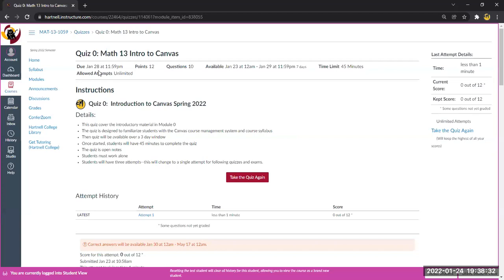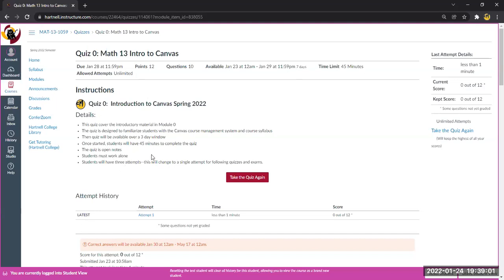It is due January 28th, and it is available starting the 23rd. That was yesterday, and some of you honestly have already done it. It's available through the 29th, late PM. It's due the 28th, late PM, but you actually can turn it in as late as the day after, 11:59 PM to be precise. So there's a bit of instruction.